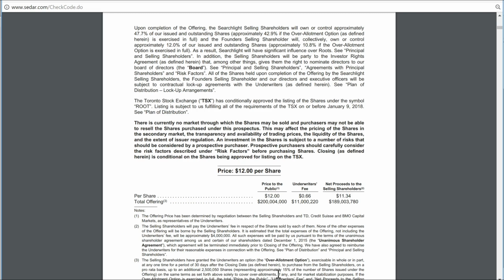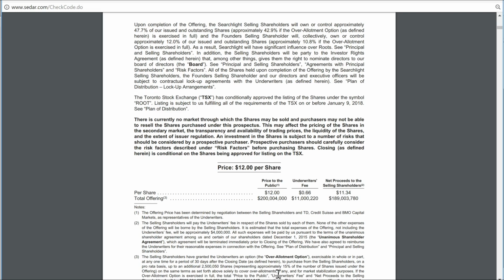Now, these fees aren't just profit that the underwriter is putting in their pocket. Obviously, there are expenses that correspond to the underwriter's ability to sell these shares, to document the prospectus, to walk through these. They have obviously costs associated with it. So this is not all profit, but this is a healthy revenue stream for these investment dealers and underwriters.